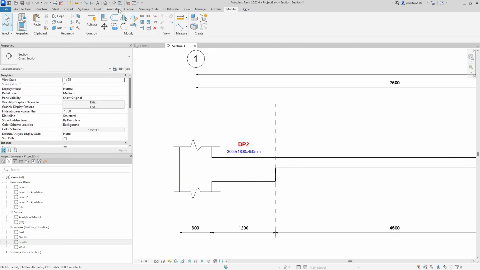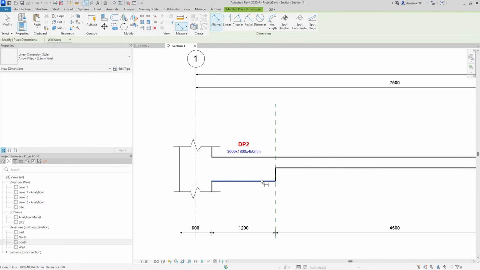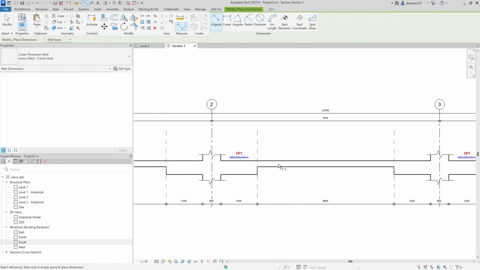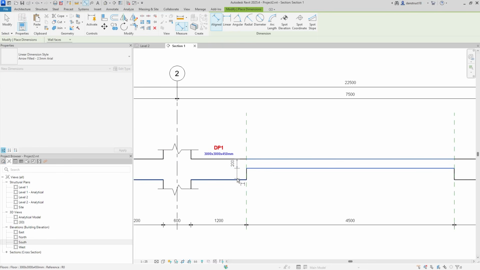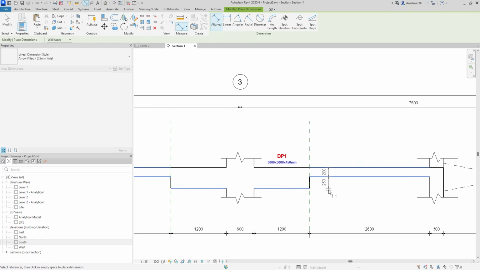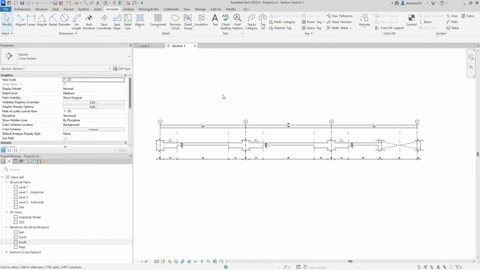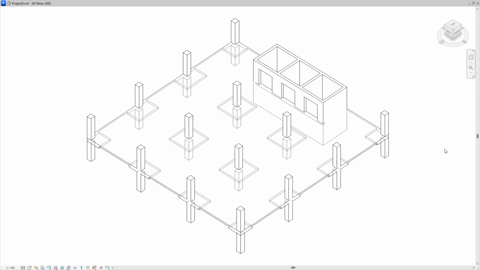So if I come back to the Annotate tab, I'll just click here on the aligned dimension. So I'll click here, and click here. So we know the thickness of the slab, and then we know the thickness of the drop panel as well. So here, just come here and do the same thing on this side as well. Alright, and then place one here as well. Alright, good. So we've been able to detail a flat slab section, and that's how we model a flat